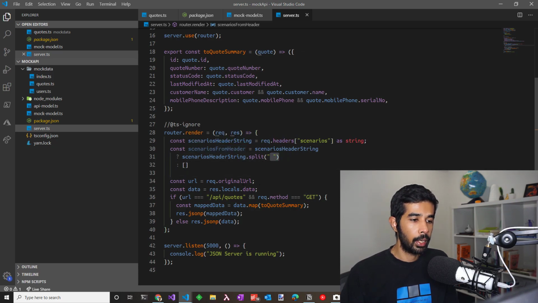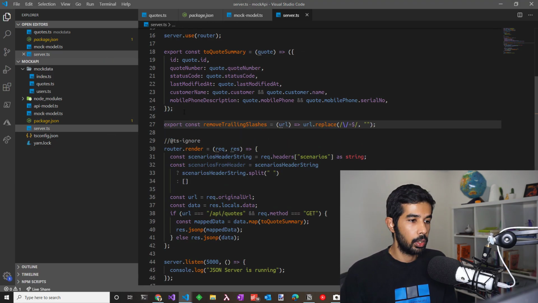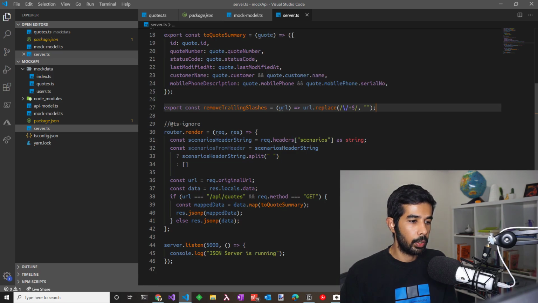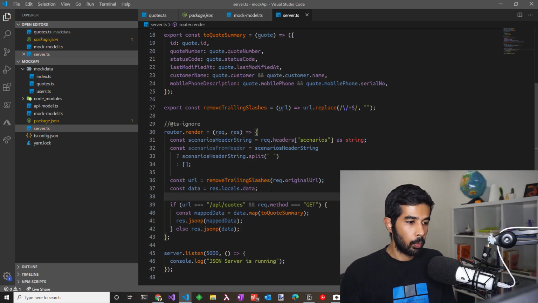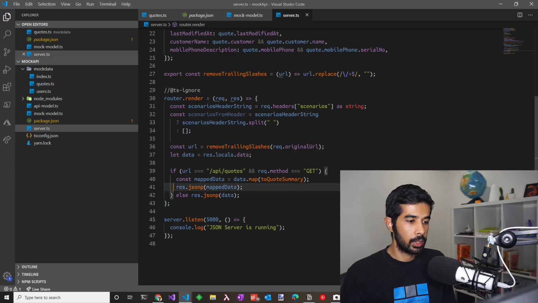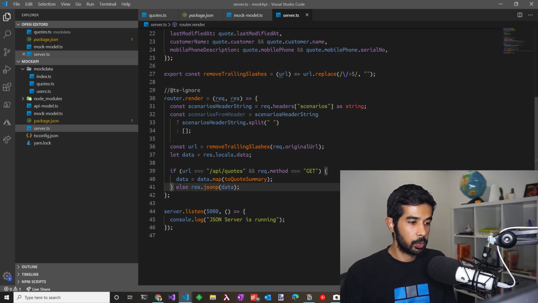While we are here, let's also make this ignore the trailing slash problem we saw in the last URL. So let's add a simple function to remove trailing slashes, and we could wrap this to remove the trailing slash from the URL. We need to start modifying the data, so let's make that a let. And also let's not assign this right away because we need to do a few more filtering operations on this data. Let's map the data to the data itself and then work on the same variable. I'll remove assigning to the response and we'll add this in a bit later.